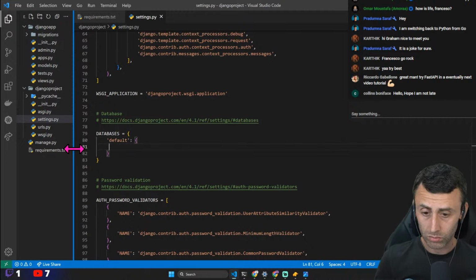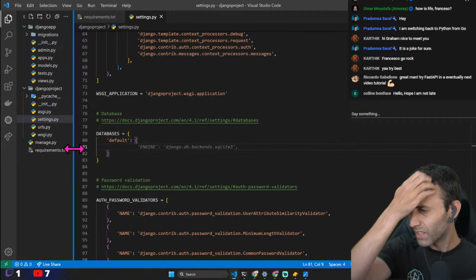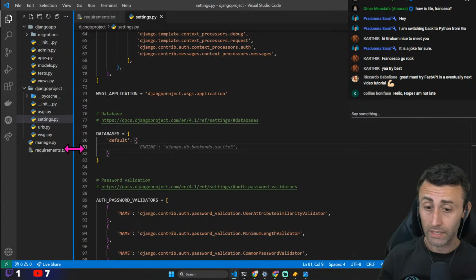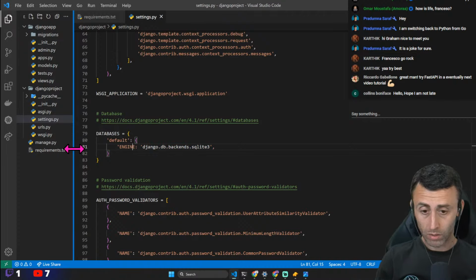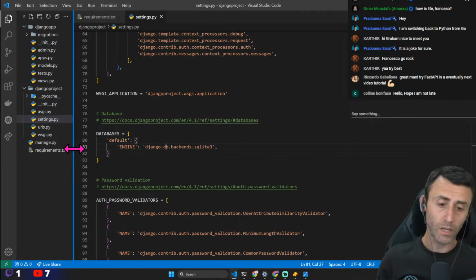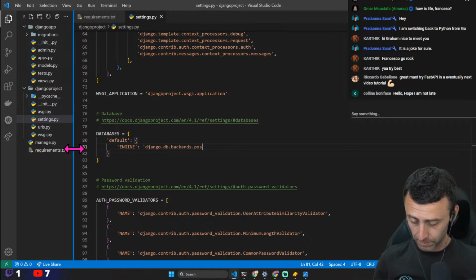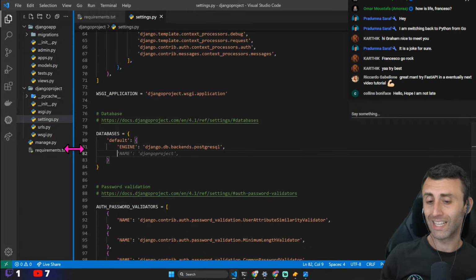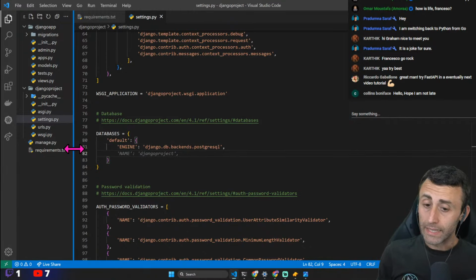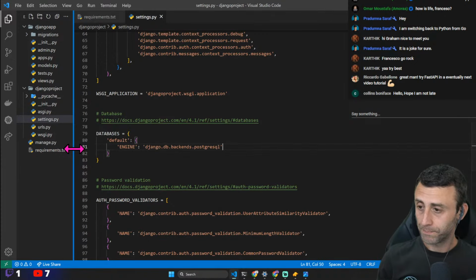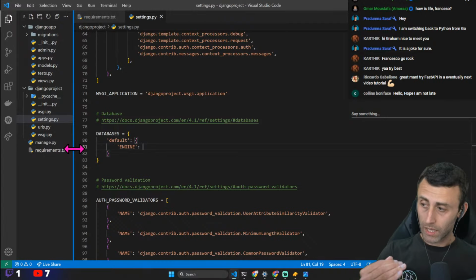I don't want to make dumb mistakes. So we will get the engine, which is basically how we want to connect. Okay, so it's this. And it keeps saying SQLite, but we want Postgres. So we want to use a Postgres DB. Then we need a name, which is a bit tricky. Okay, here we need this